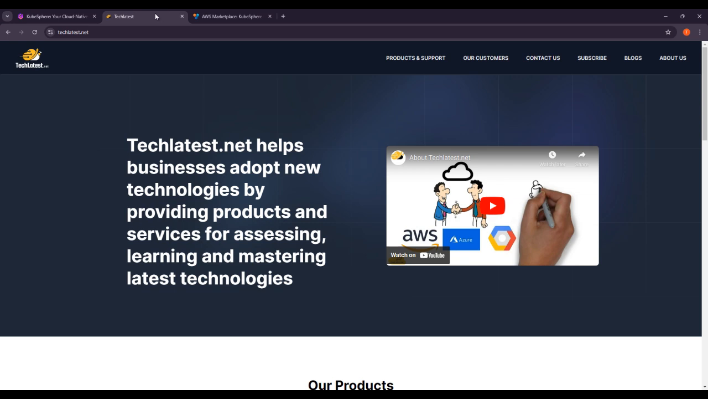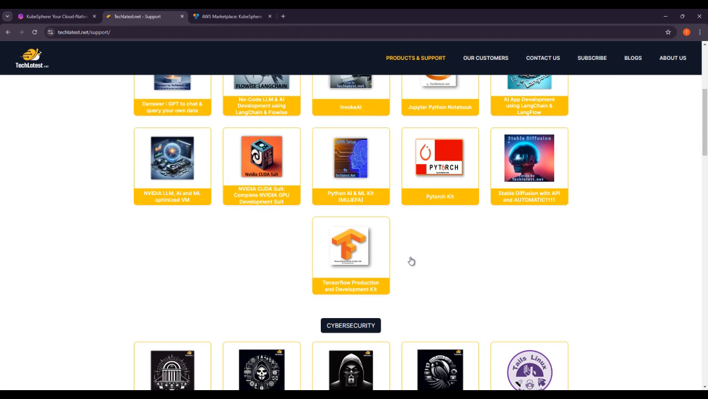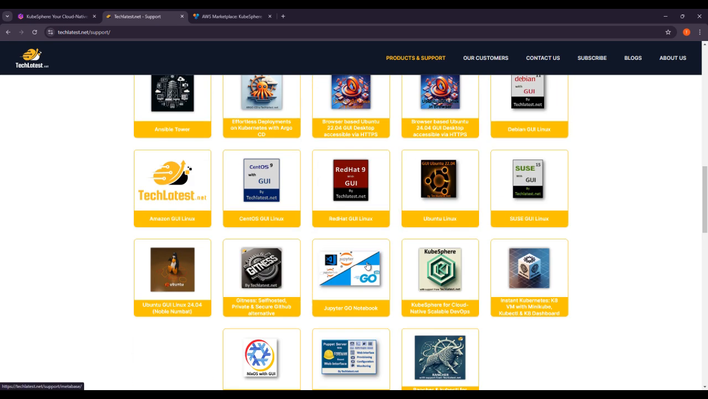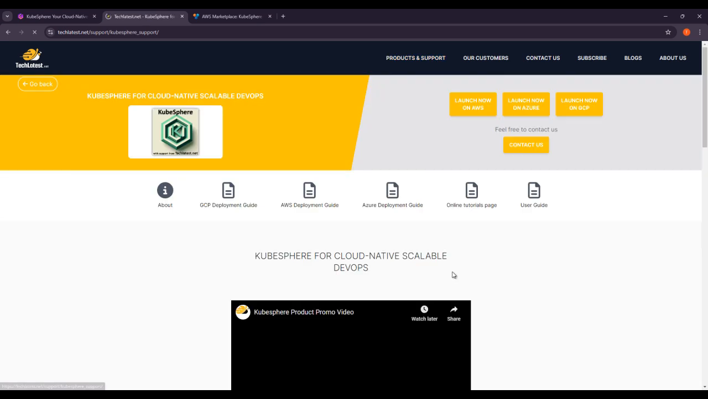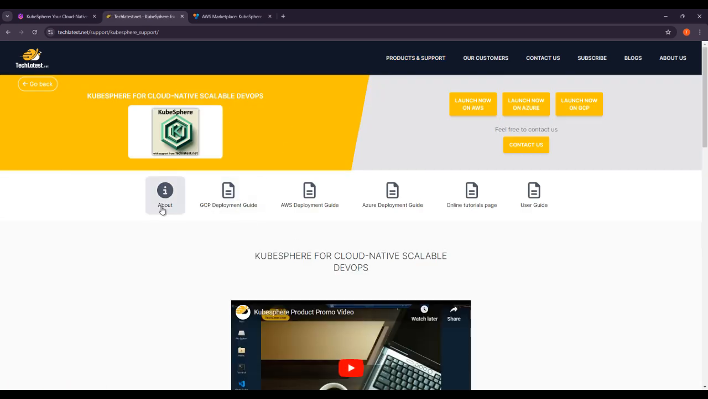So first you have to go on the techlatest.net website, then click on the product and support page. After this, in the DevOps category, you can see the KubeSphere product. So click on KubeSphere for cloud native scalable DevOps product. Then here you can see the AWS deployment guide, Azure deployment guide, and GCP deployment guide. So basically in this lecture we'll cover the AWS deployment guide. So click on